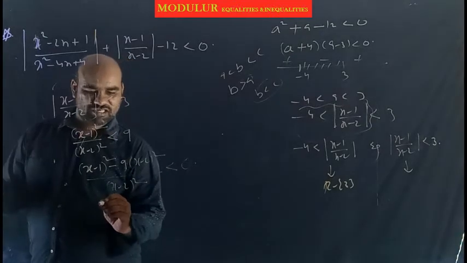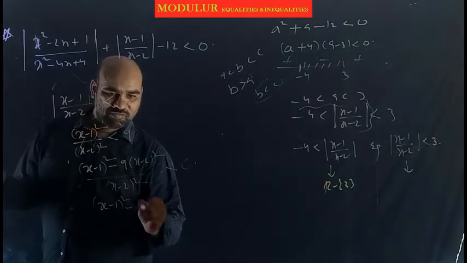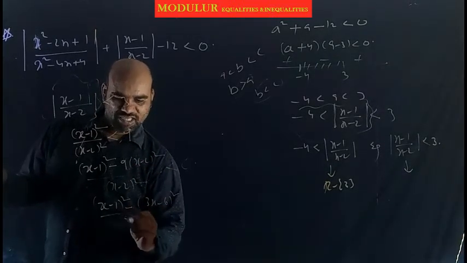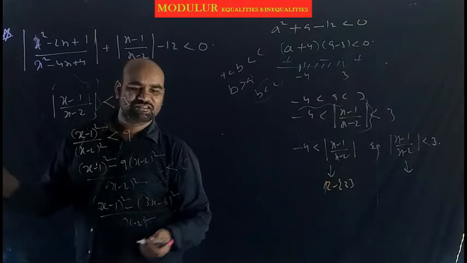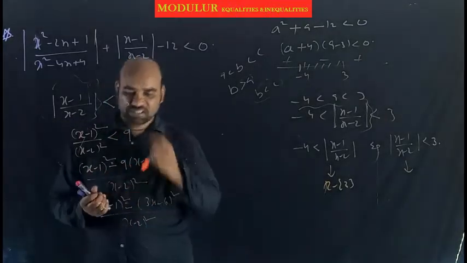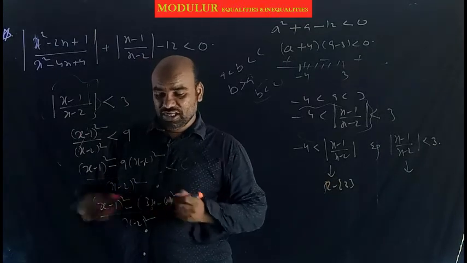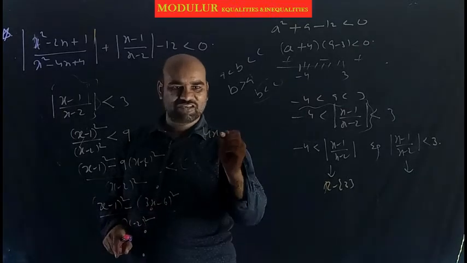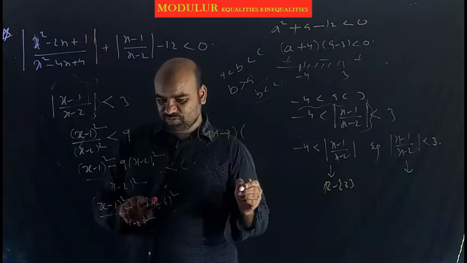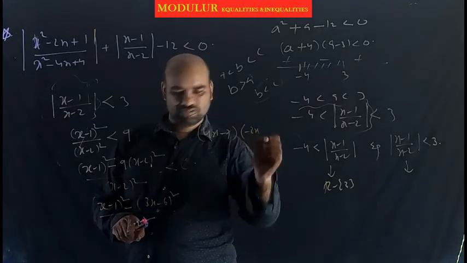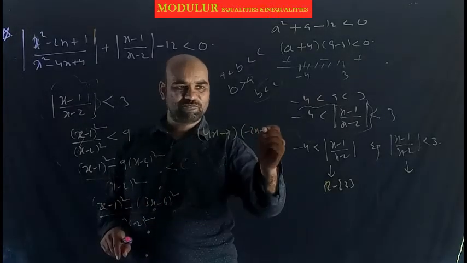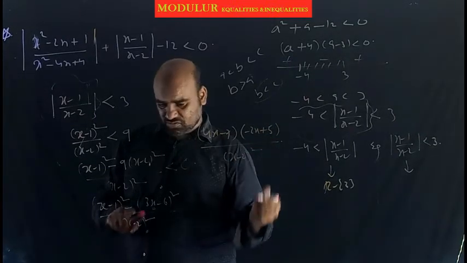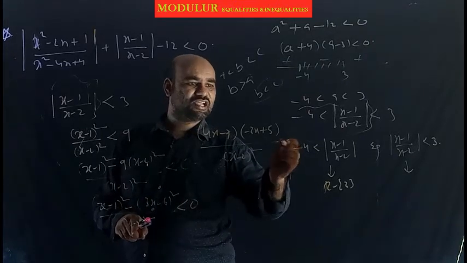So what happened here? Direct step, I want to write (x minus 1) square minus (3x minus 6) square, by (x minus 2) square. The numerator is of the form a square minus b square, which is (a plus b) into (a minus b). A plus b means 3x plus x, that is 4x; addition of these two gives minus 7. Into a minus b: x minus 3x is minus 2x; minus 1 plus 6 gives plus 5. By (x minus 2) whole square less than 0.